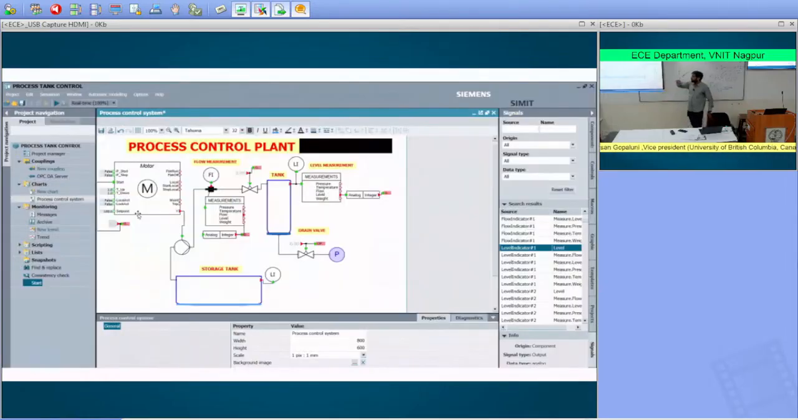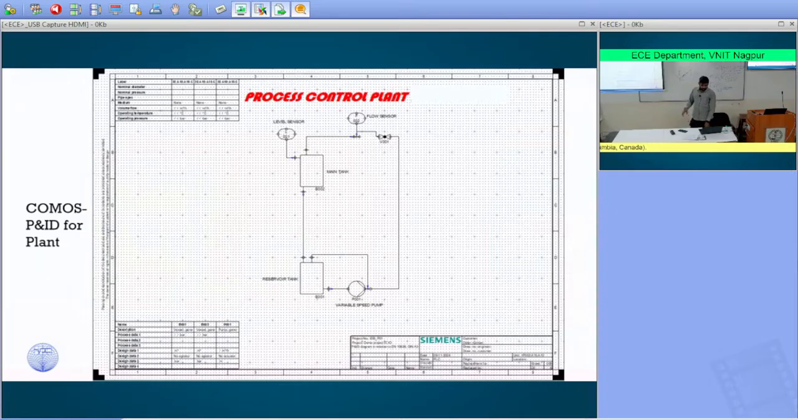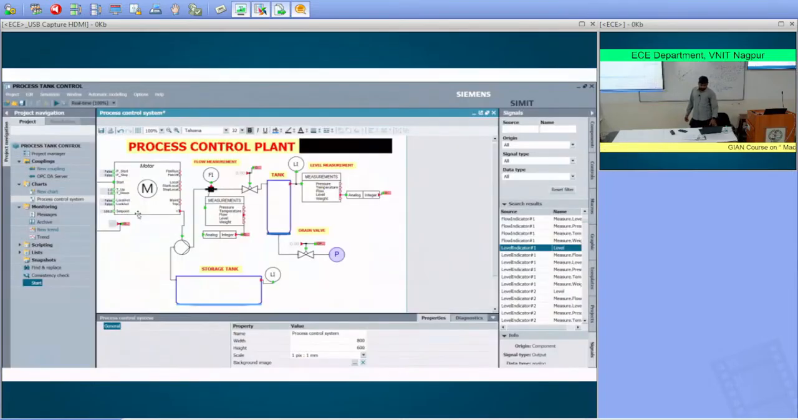So COMOS, once you have entered all the data and transferred it into SIMIT, it will look like this. We have just two tanks and then pumps. While you transfer into SIMIT, it will get all the data on how to simulate everything. Once you link with SIMIT, then we can find out